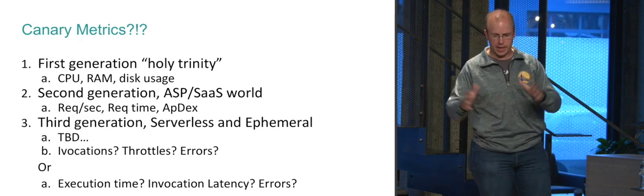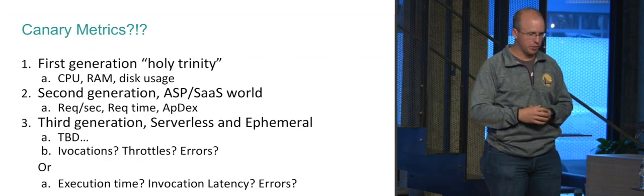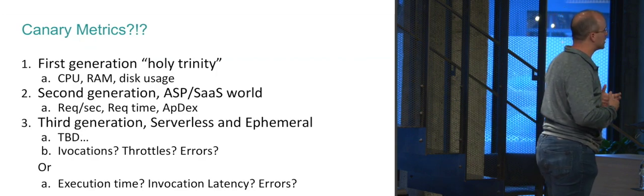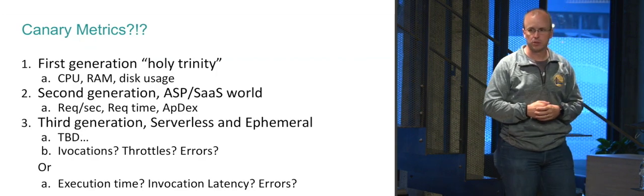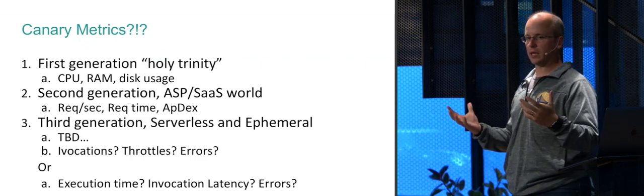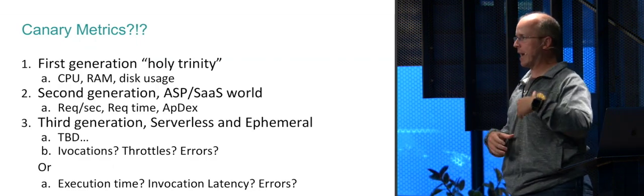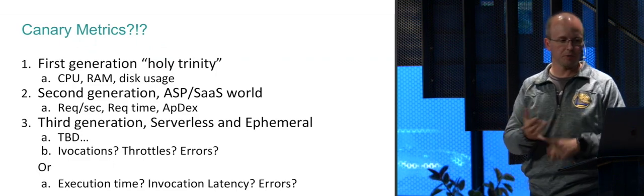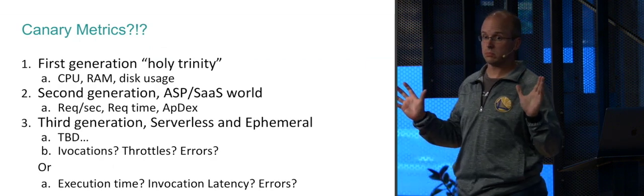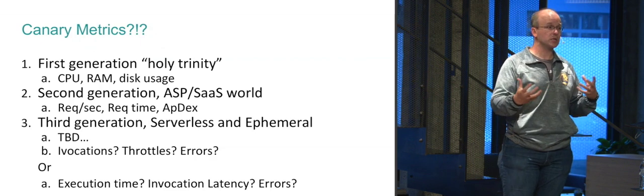Early generation, so back to that slide where I had the three simplified versions of our deployment and systems architectures, right? If we roll back 15-plus years, everybody probably had Nagios. Maybe you had, I'm totally blanking on the old RRDtool. Oh, RRDtool, there we go. That had your graphs and some basic system metrics. And we had our CPU utilization, we had our RAM, and we had our disk utilization. We're done, right? The reality was that told you most of what you needed to know to go figure out